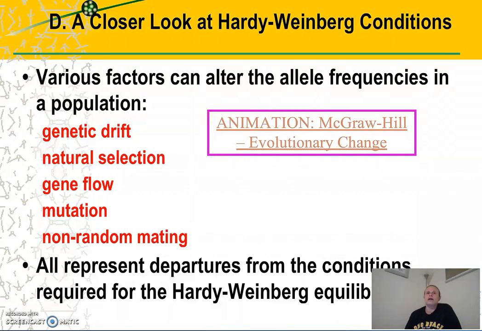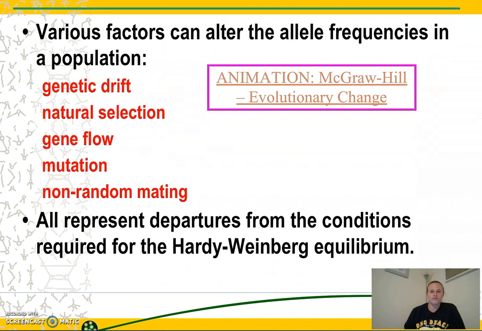Natural selection is when organisms that are best adapted for an environment survive, reproduce, and then pass along those better suited adaptations. Gene flow involves the movement of genes in and out of population. Mutation is a change in DNA, and non-random mating involves individuals selecting their mate. In other words, it is not random. Now, all of these factors represent departures from the conditions required for the Hardy-Weinberg equilibrium. In other words, if any of these factors are present, then there will be a change in allele frequency, and